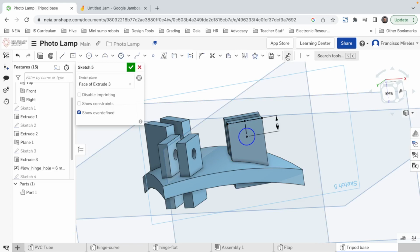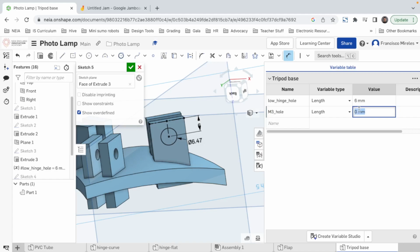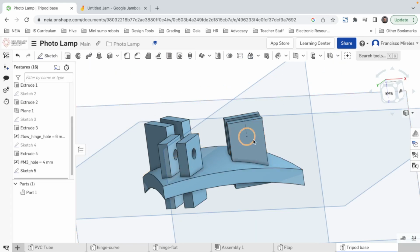circle, and this diameter, actually, that would be great also for a variable. Let's do it. So let's go to the table, new variable, M3 hole, let's call it. M3 hole, and let's add the 4 value. And let's change it to, instead of 4, let's call it M3. There we go. So if we need to change it,